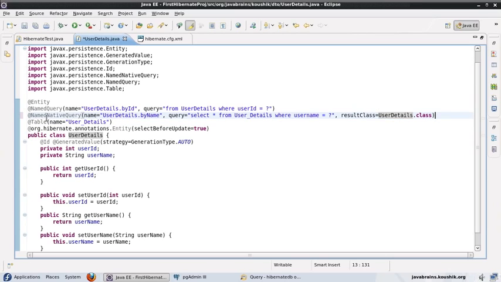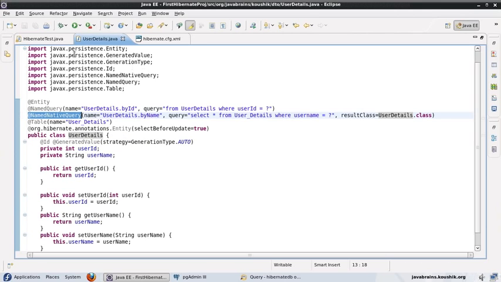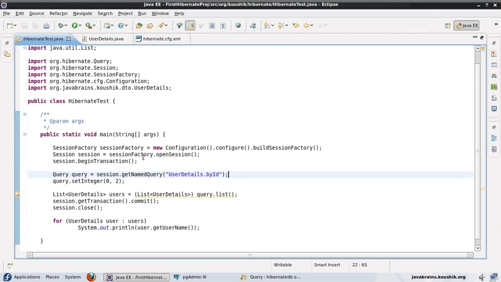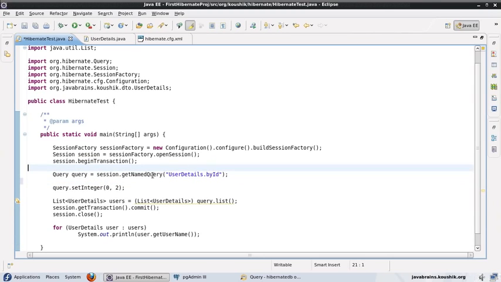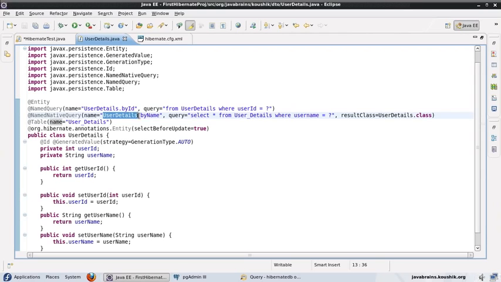Okay, so now we have defined this named native query. Let's save, and again we can use this native query in our session. So I'll use the same method, but instead of using this named query, I'm going to use this named native query. So just copy this name